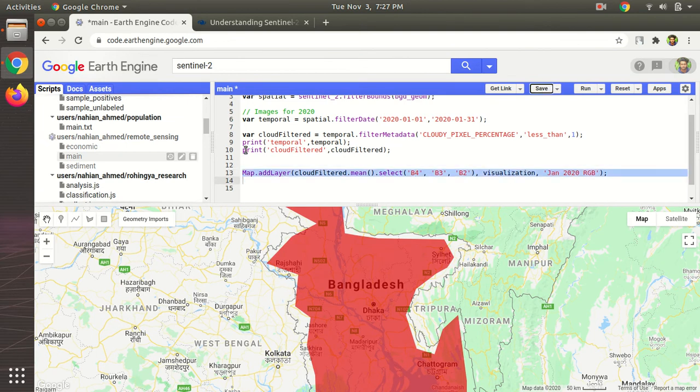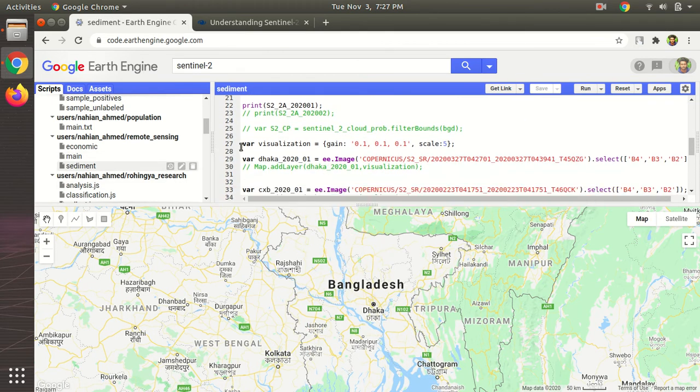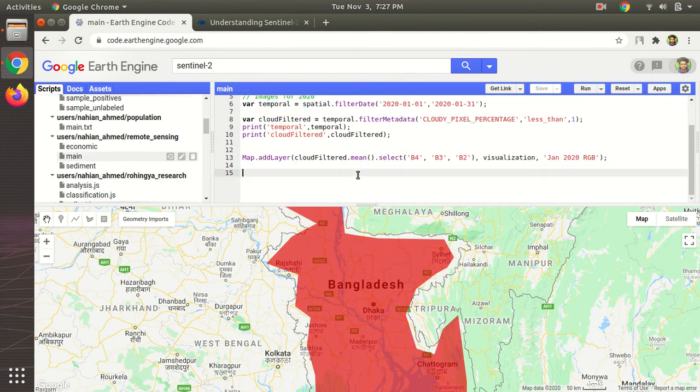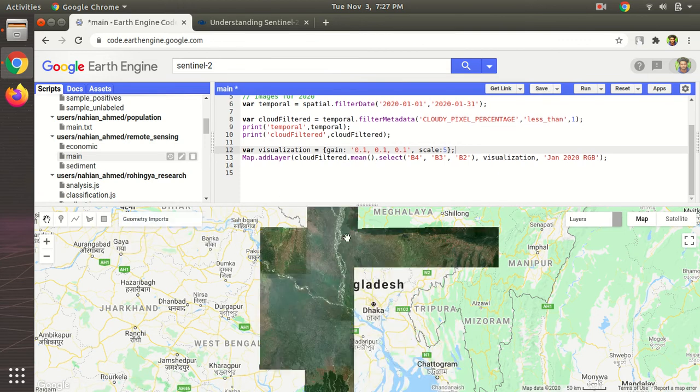These parameters again I need to copy from this file. You can look at the documentation to understand what these mean, but I'm not going to go into those details in this video. To add them here. Now if you run this code, let's turn this off.